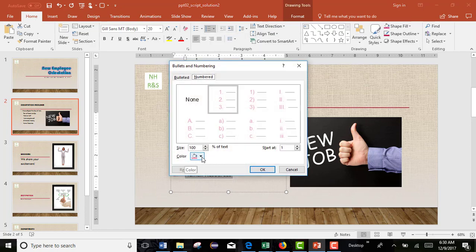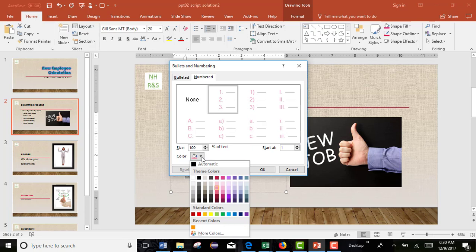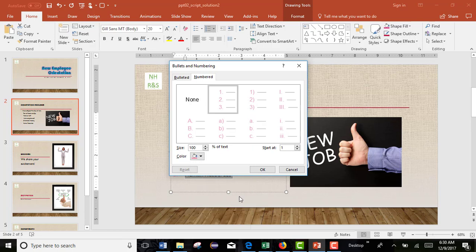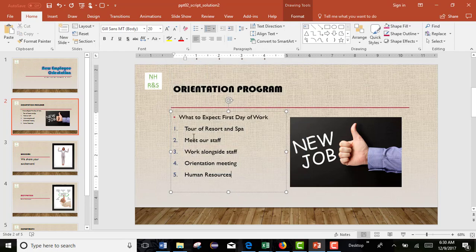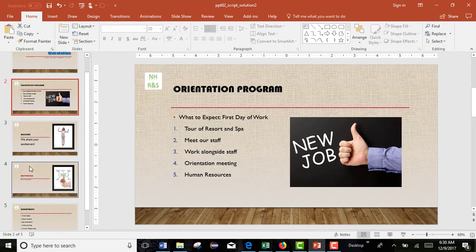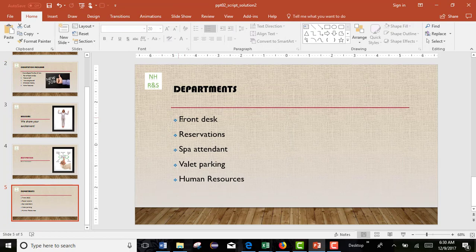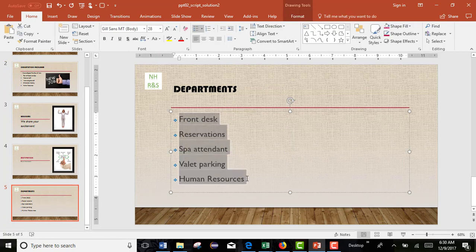And here is where you can actually change the color for the number. So I'm going to make it a little bit darker. I'm going to choose this indigo accent 5, darker 25%, okay? Click OK, and you can see how it's changed my numbers, not my words, but my numbers to be a little bit darker, right? Okay, so now we can do very much the same thing with a bulleted list, okay,